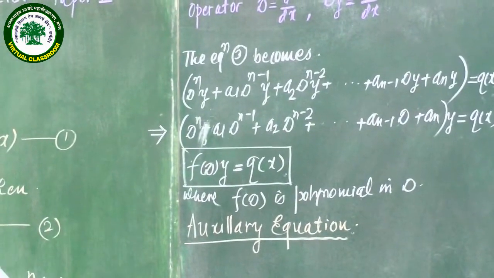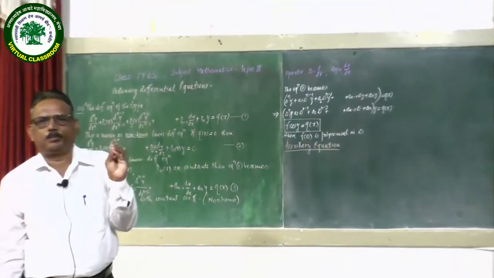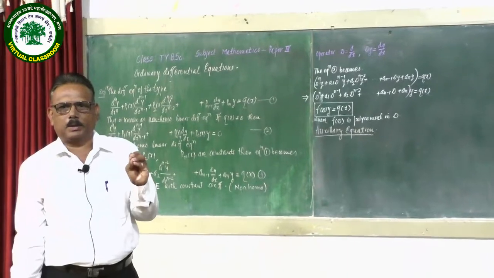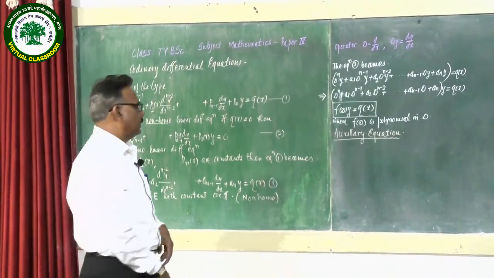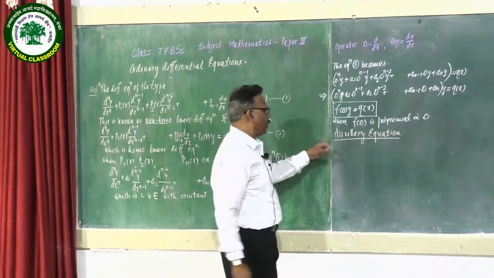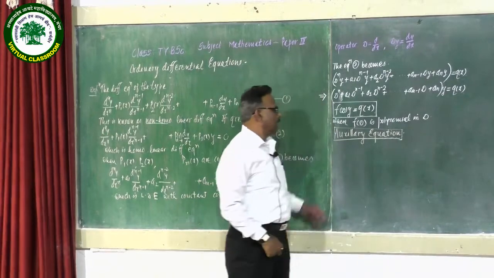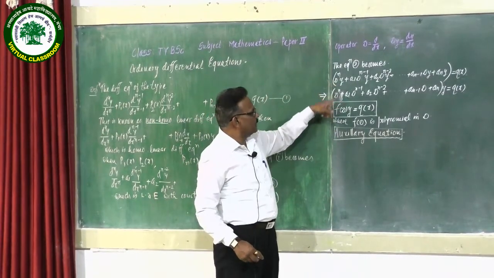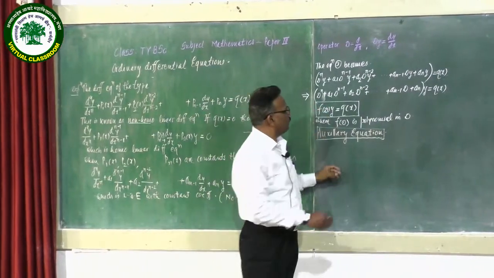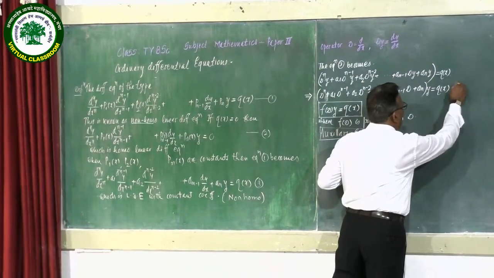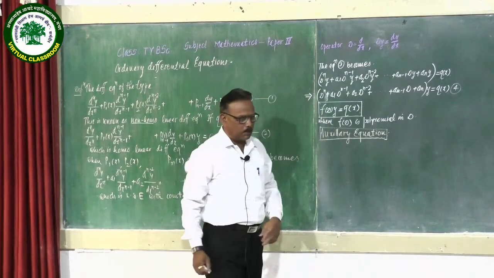Now the very important part of this differential equation is how to solve it. There are a number of methods, and there are two parts of the solution. First of all, we have to see the auxiliary equation. What is the auxiliary equation? The auxiliary equation is obtained from the differential equation given in equation number 4. We can write the auxiliary equation of this equation this way.